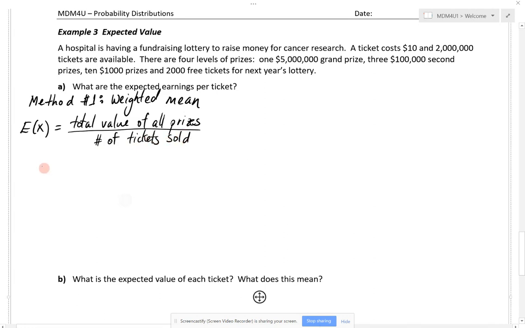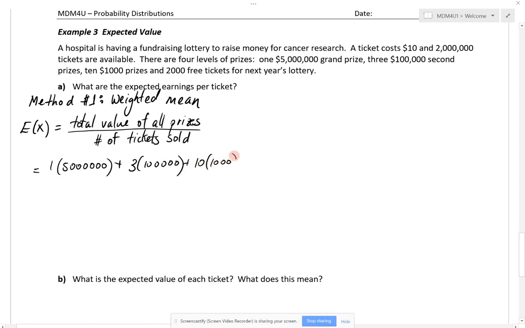So what are the outcomes? Well, you have one $5 million prize. We'll add to that three $100,000 prizes. Plus, we'll add to that 10 $1,000 prizes. Plus, we'll add to that